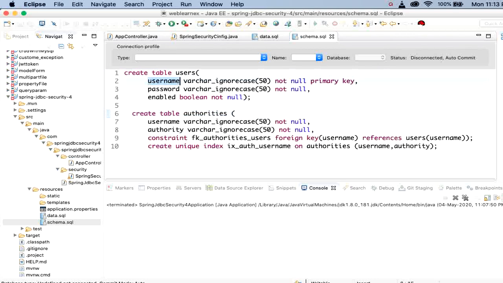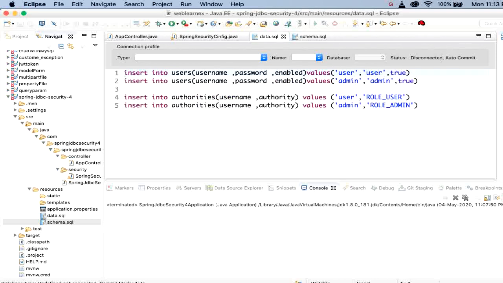The username should be username and the password should be password. It means we cannot change the schema names here, like user or user underscore name and all. We can change them, but the process will be different. I will explain that one also. So I have created one default users schema and an authorities schema for the role, and I have created one other file to insert the data into that schema.